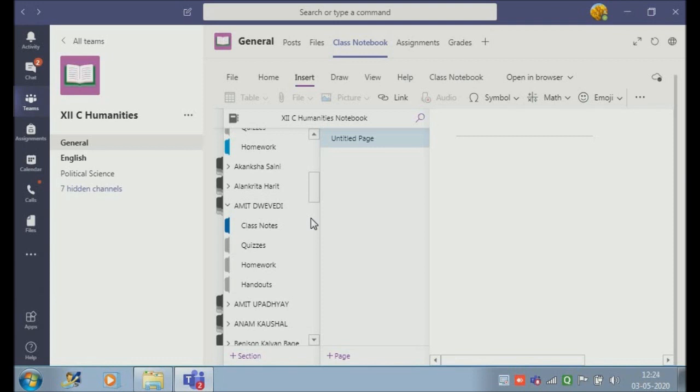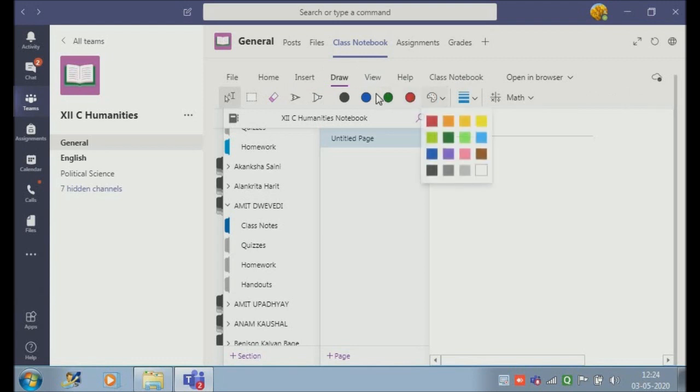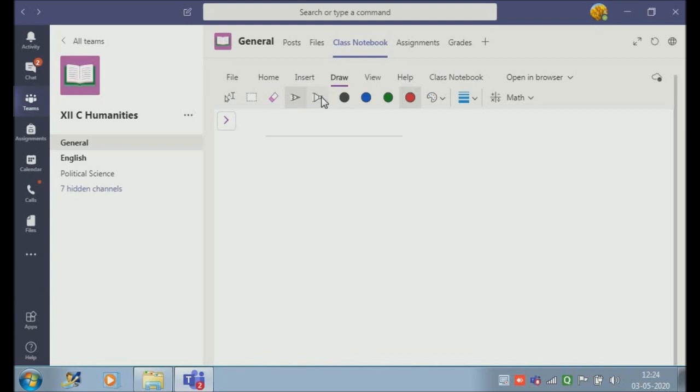So this way a child can put his work and can put pictures using insert option, can just click the work from the physical notebook by clicking on it, and then using insert option it can be pasted. When the child submits the work, you can use draw option, and then you can choose the color red, and then you can check the work by using the brush option.